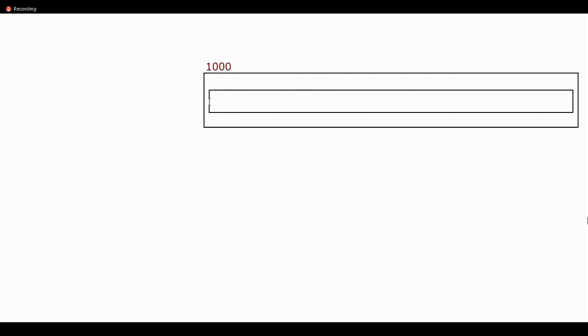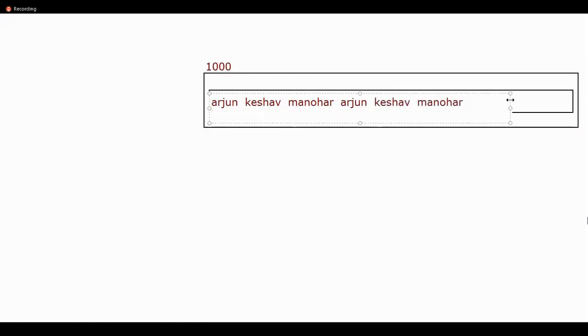Perfect, sir. Please understand how the string is stored in this case. I'll just assume, only for the sake of our understanding, let us say this is how it is going to be stored. Maybe first it is Arjun, next the second data that we have is Keshav, next we have Manohar. But then again we see the list is not going to end here. Once again we have Arjun, next we have Keshav, next we have Manohar. So am I clear so far with respect to how the string values are stored here?